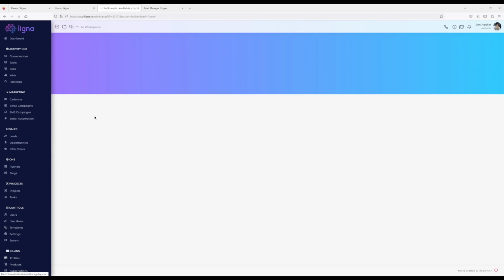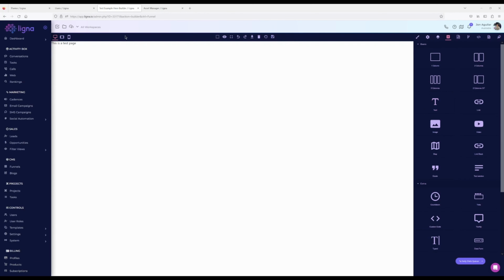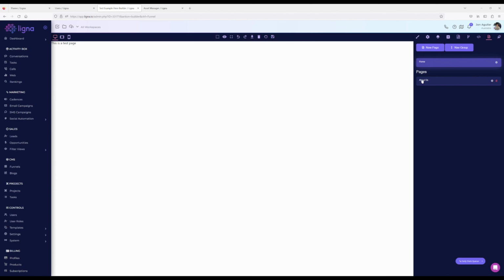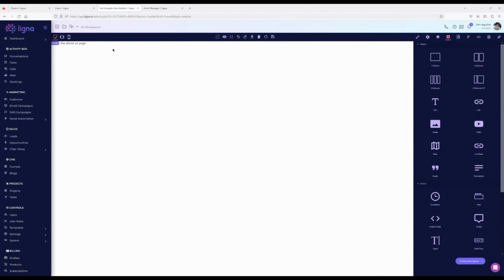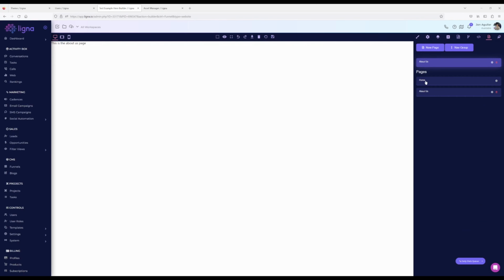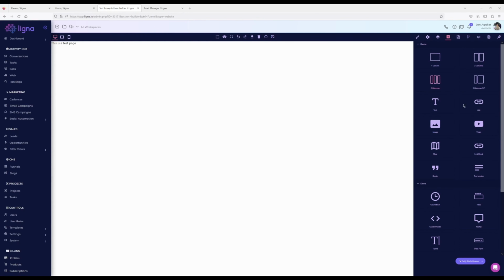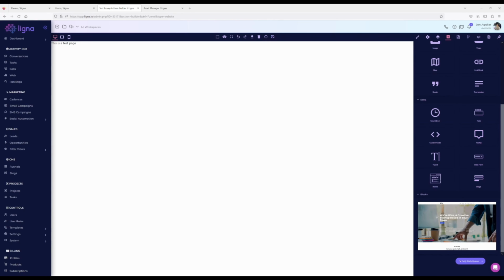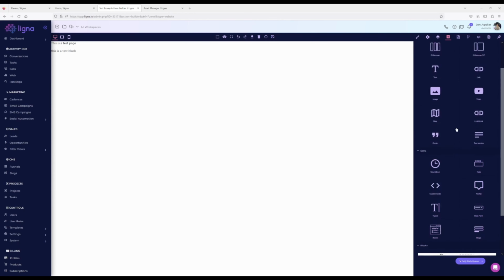So when I go into this site, and of course, this is a test page here. I can come over here and click over here and I have my About Us page already built for me. This is the About Us page. Let me go back to home. But more importantly, here's my blocks. I can come and drag my block over. This is test block. So I can create all my blocks here that I want for the user to easily,